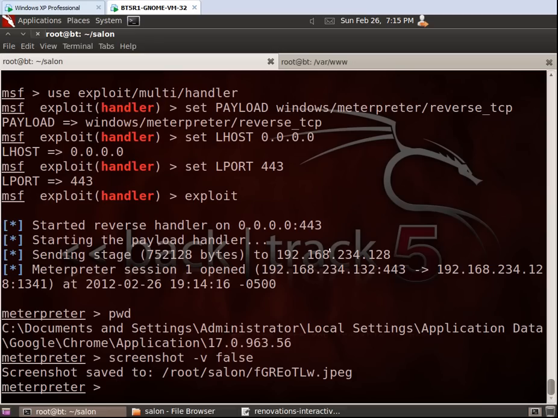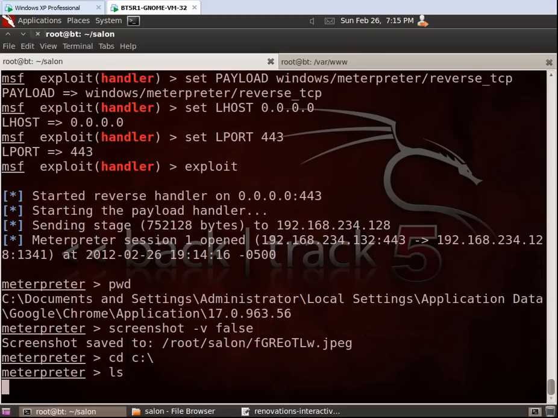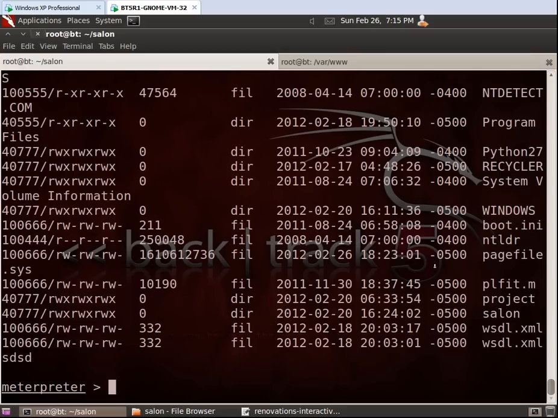Now, another interesting thing the hacker can do is check which files are on your computer. Now here you'll recognize some of the common directories that are on Windows, like program files and, of course, Windows